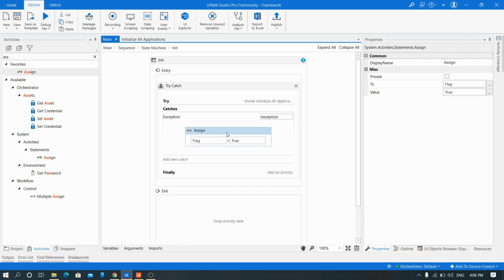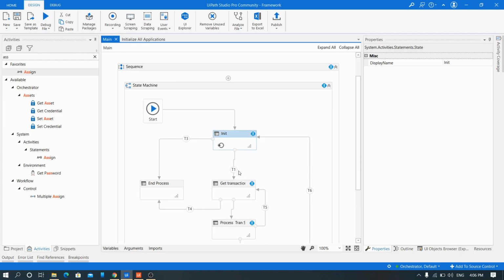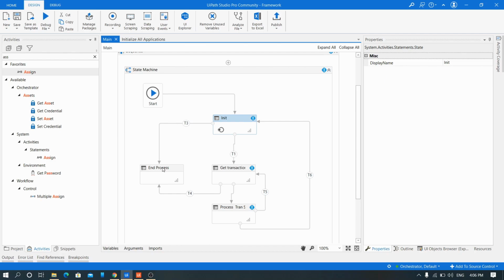When I got an error, what I did, I just marked that flag as true. So now you know when to go with the third flow, T3 flow, and when to go with the T1 flow. When everything is success, that means when my flag is false, then I should go with the T1 workflow.